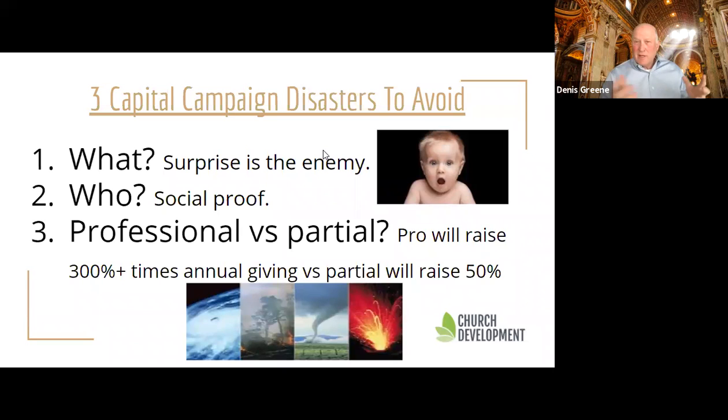It really does help to take a professional approach. We keep track of do-it-yourself churches, and the average do-it-yourself capital campaign raises about 50% of annual giving and 3-year pledges. And it's conceivable that you could raise 3 times annual giving or 4 or 5 times. Recently, we had a church in Prairie Village where we raised 7 times annual giving. The better job you do with the farming activities of a campaign, the more funds you will raise.